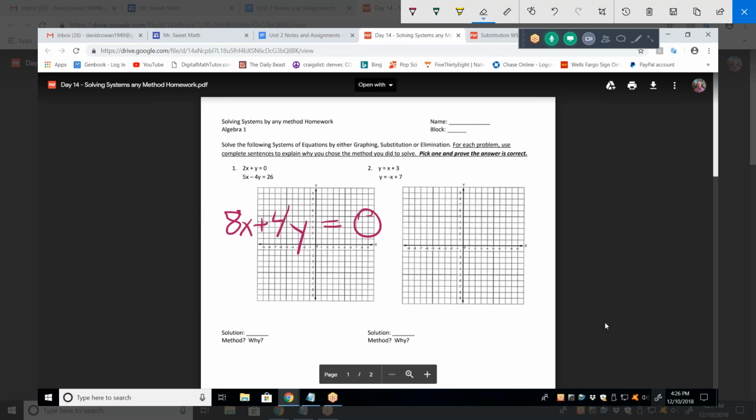Now, if I put the second equation directly under that, 5x minus 4y equals 26. Notice that if I add those two equations, the y variable disappears. And that is why I multiplied the top equation by 4. It's because I'm trying to get it to a state where I can add the two equations and a variable disappears. Well, if I add these two equations, which you can also always do, I get 13x plus 0y,